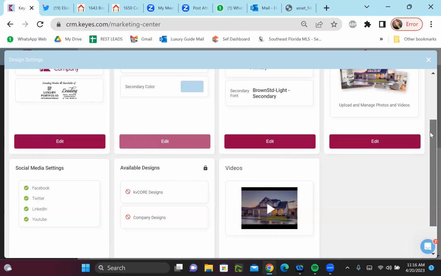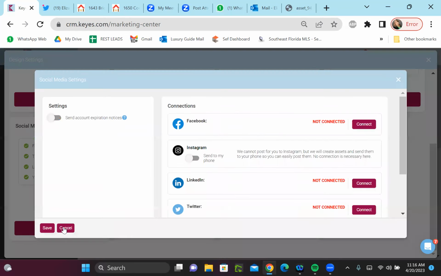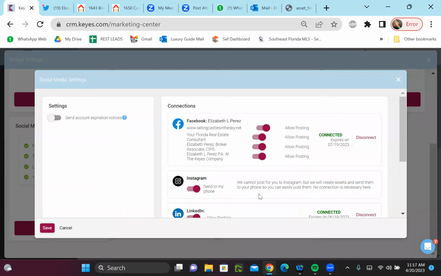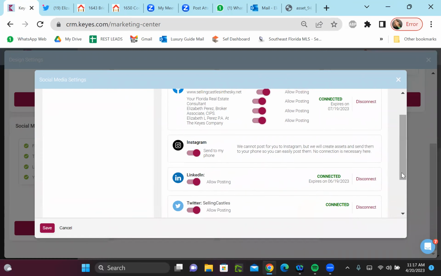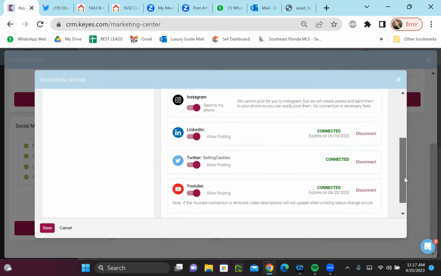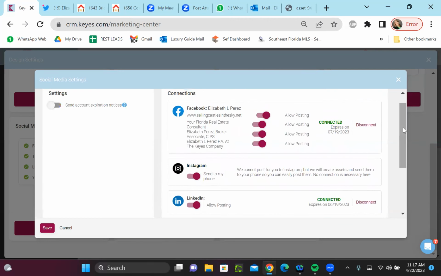Right. And is this process once you have this set up? Is this automated, or do you have to do it every time manually? For Instagram, no, all of them? No, after you do this, that's it. But it has an expiration, like before. Remember before, every so often it would tell you, hey, you're disconnected, connect. You see, now we're connected, and you see it says here, expires on